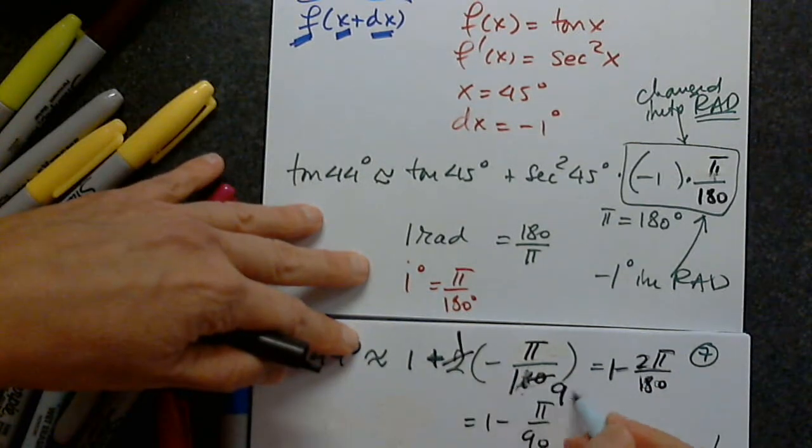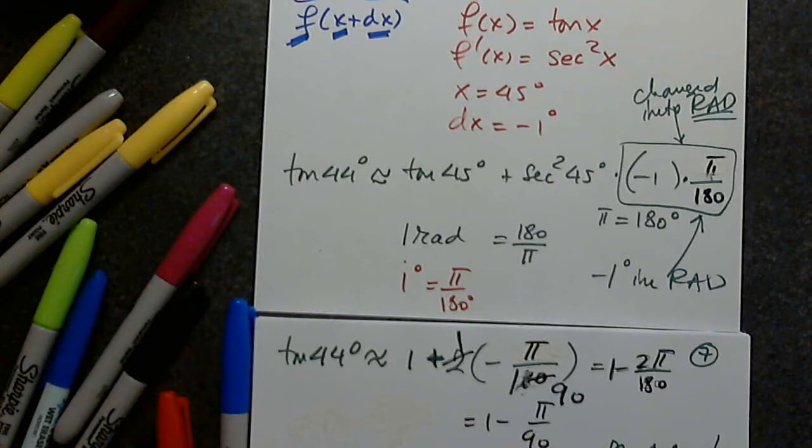Simplify by 2. You get 1 minus pi over 90. And this is 0.96509. Okay, any questions? Yes, please. Or would it be